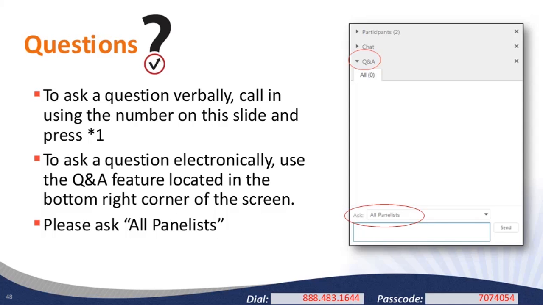At this time, there are currently no questions over the phone. Again, if you would like to ask a question, please press *1, unmute your phone, record your name, and I will introduce you. All right, great. Thank you for that, Jennifer. And for those of you who are listening online, of course, you can ask your question through the Q&A panel. It appears just above the evaluation poll. Click the little caret, the little triangle next to the letters Q&A. It'll reopen your question, and if you would, please submit it to all panelists so that we'll all be able